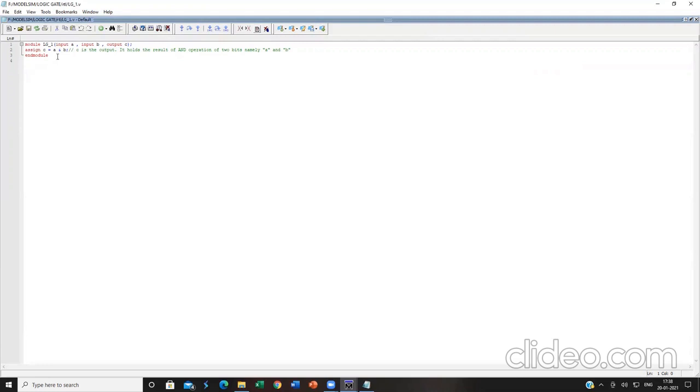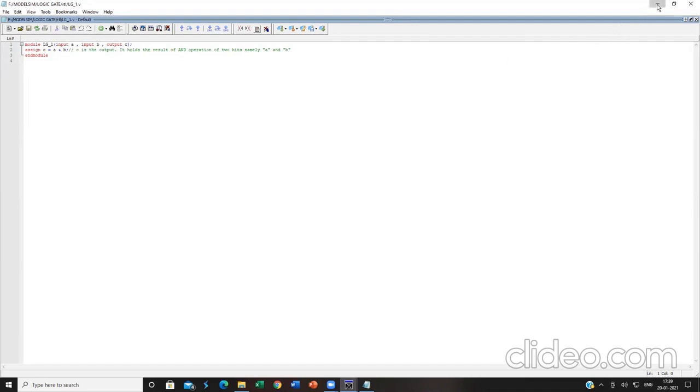For understanding how to write a proper test bench file, and how to include the inputs and outputs of an RTL file into a test bench file, all the inputs must be declared with the register data type in the test bench file. All the outputs must be declared with the data type wire in the test bench file. So here input A and input B.